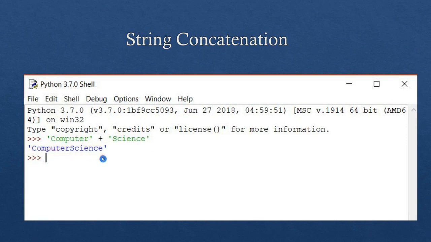So computer and science, two different strings, and in this way you can concatenate, you can join n number of strings. Suppose plus, here you can use Python, plus you can add programming, plus language. However many you give, that will be added as a single string, and there will be no space here. Okay, it will be converted into a single string. So this is what is called string concatenation. Concatenation is nothing but joining the strings.